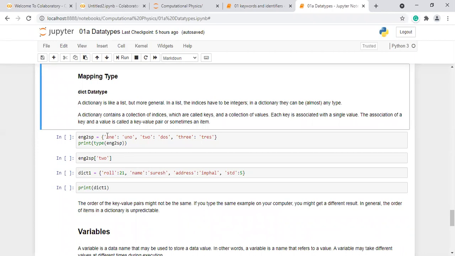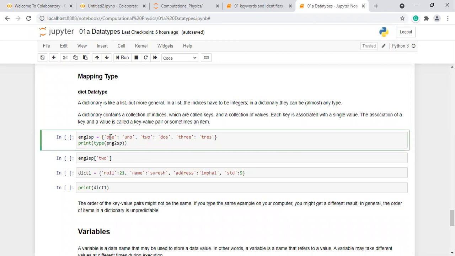So this one is the key, this uno is the value. This one is also a string, this uno is also a string. So this is the key, this is the value.